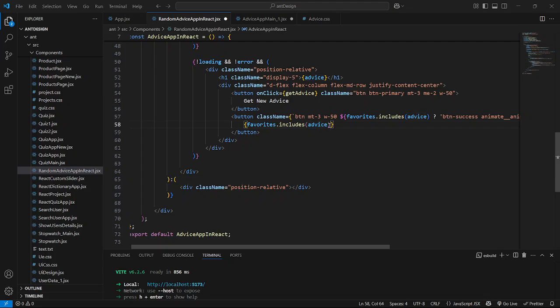So now this is the case. I explained it to you, it is going to give you the true or false value based on that condition, if it contains or if it does not contain. So just say here, ternary operator I'm going to use here. I'll just say here saved to favorite, save to favorites. I'll just say here remove, like already saved, want to remove it. So give a question mark,